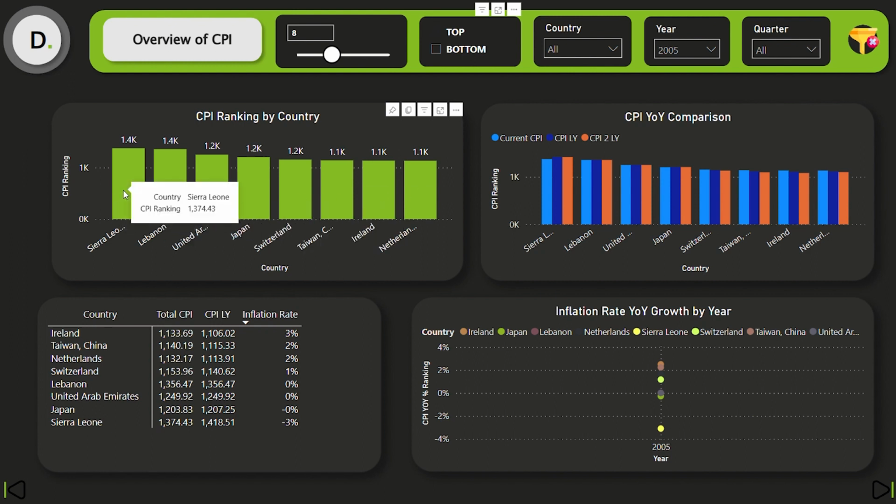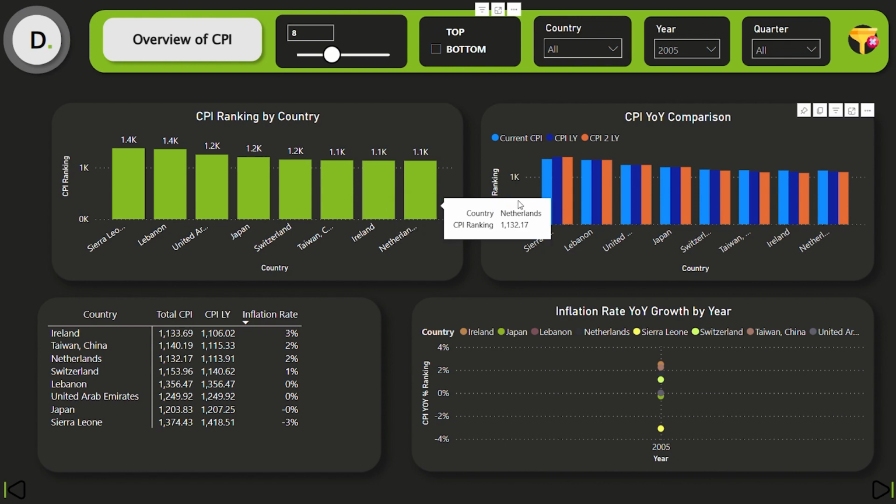We can see that Syria is at number 1, Lebanon is at the 2nd place, Japan is at the 4th place, Switzerland is after that. So these are the insights which we can draw. Now,